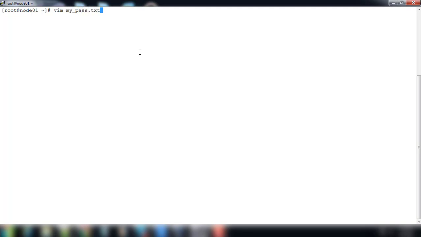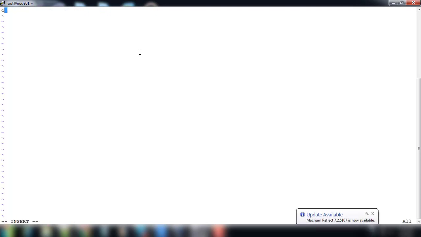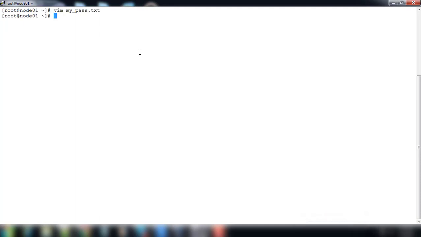You can use any name, it need not be like this. Create any file and type the password in it. I am typing my password into this file and using sshpass -f mypass.txt, then ssh node02.